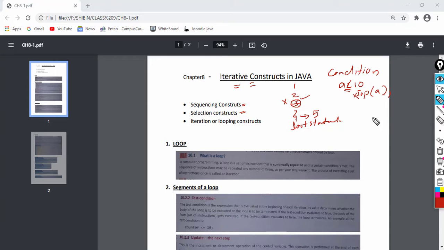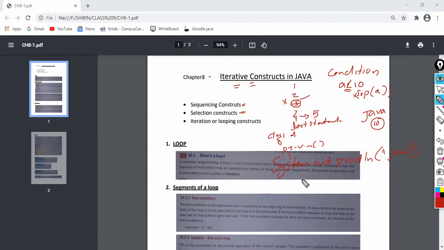For example, you need to print Java 10 times. So what do you want to print? You need to print Java 10 times. Then what is the statement? Only one statement, which means System.out.println. In brackets we will write Java. So this statement goes in a class A, then public static void main, then opening braces, and in this main method we will write the SOP Java, 10 times.